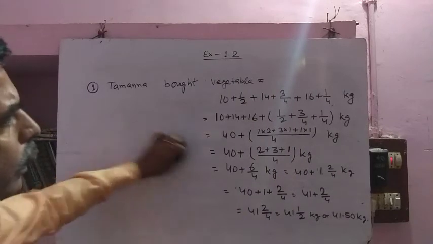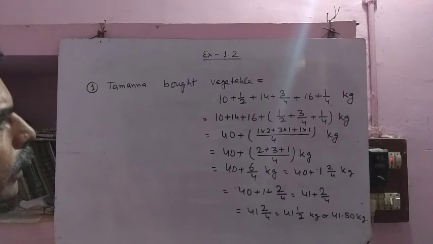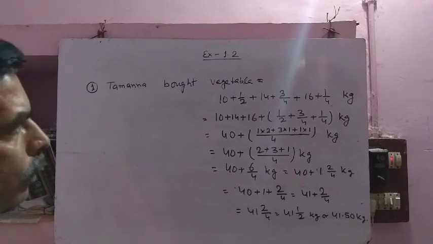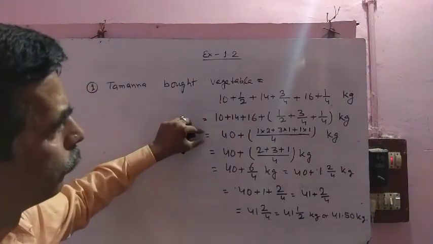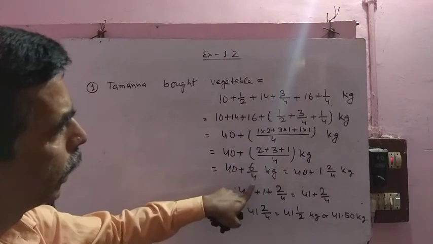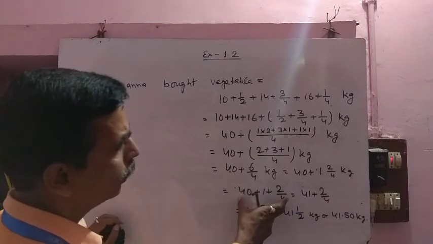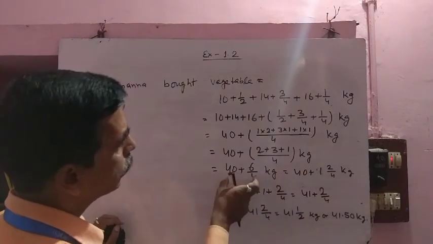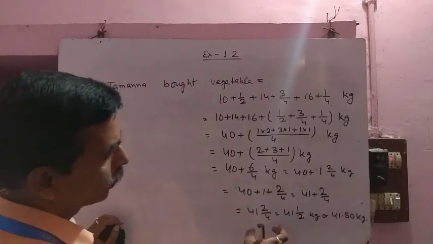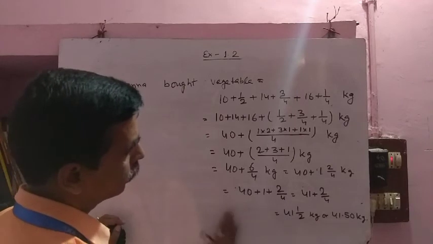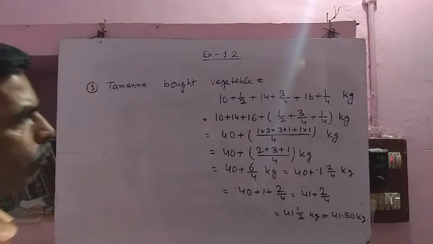By using the second method, you have done less calculation. I have just written this much of steps to make things easy for you. If you understand the things, you can leave this step. You can directly write this one. Then after that one, okay. Or this step also does not need to be written. After that, you can just write this much, and after that 41 2 by 4 also, and finally you will get the answer like this. Okay, I have written this much twice. Okay, copy this one from the board.